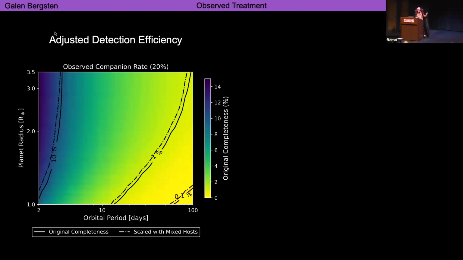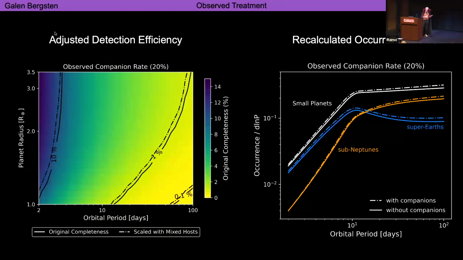So if you've never seen a plot like this, the color map and contours show Kepler's completeness, or like how good it is at finding planets at different periods and radii, where the 1% curve says that we could find 1 out of every 100 planets, and anything below that we get worse at finding. And so when you say a bunch of your stars have these companions, you have to correct for them and account for the fact that they are less sensitive to smaller radius planets. You can move those contours up, and on average, the shift looks a little bit like that, which in turn affects your occurrence rates. We went from the solid lines to the dot dashed lines,